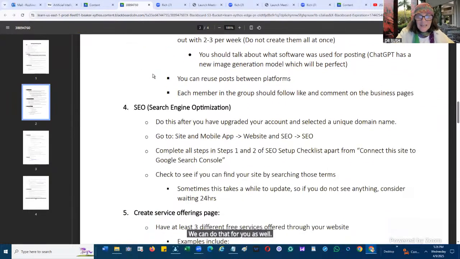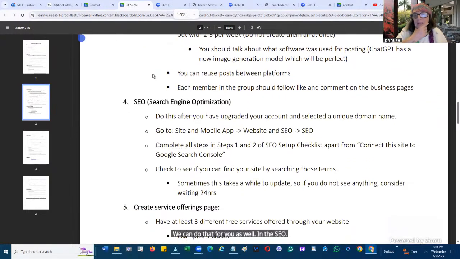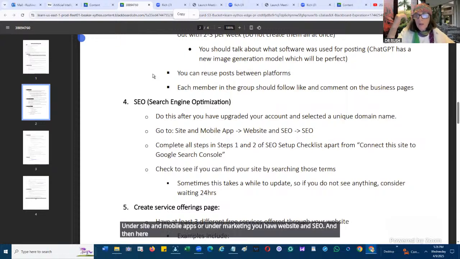In the SEO, in the back end of Wix, under site and mobile apps or under marketing, you have website and SEO, and then here you follow the wizard.